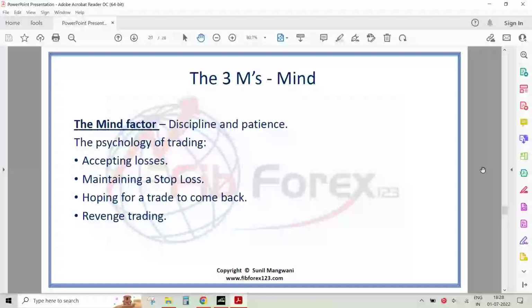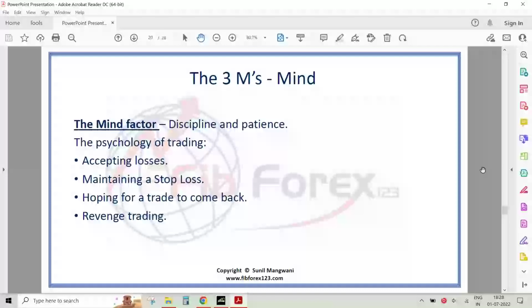There's also the psychology of trading, where accepting a loss is very difficult for somebody. Maintaining a stop loss, I hear a lot of excuses from traders, saying that the broker can see my stop, so I'm going to keep a mental stop. I'm not going to place a stop on my account because the broker will run my stop. These are just excuses. If you are trading properly, if you have a plan, you must keep a stop loss. You never know when a strong move can go against you, and it'll take a much larger loss,